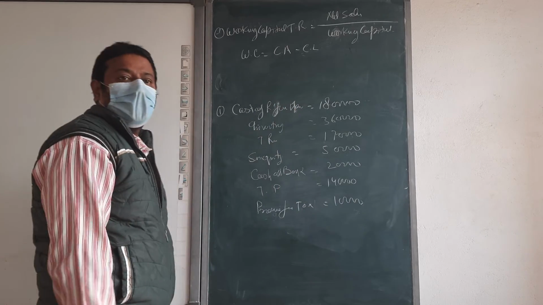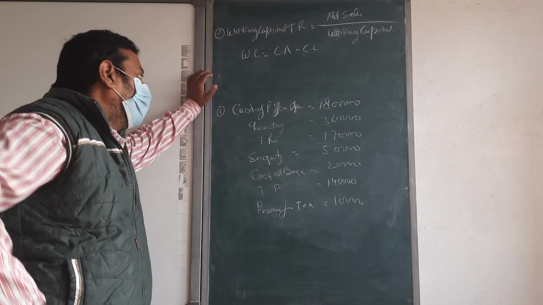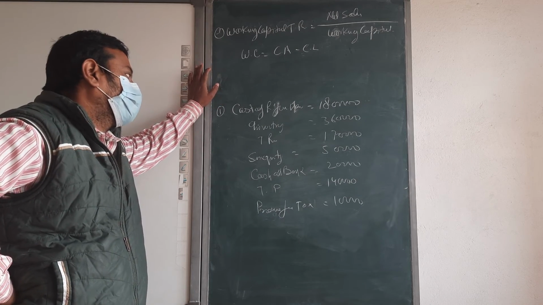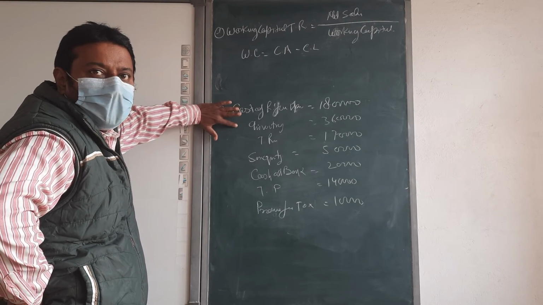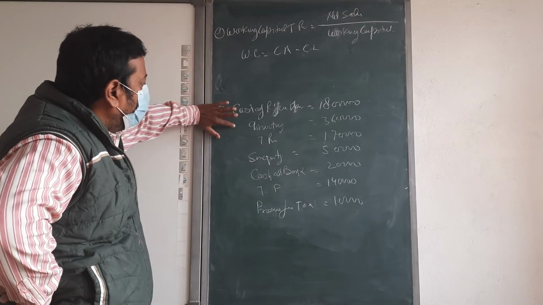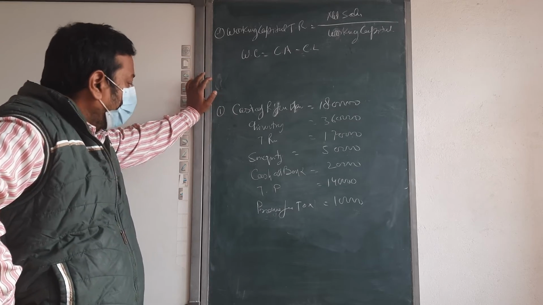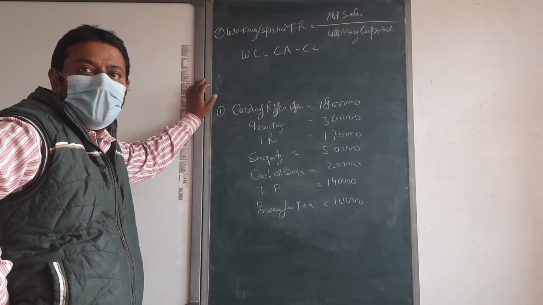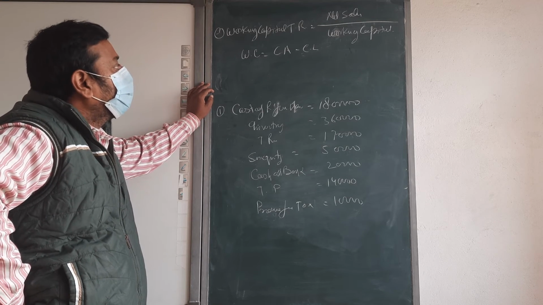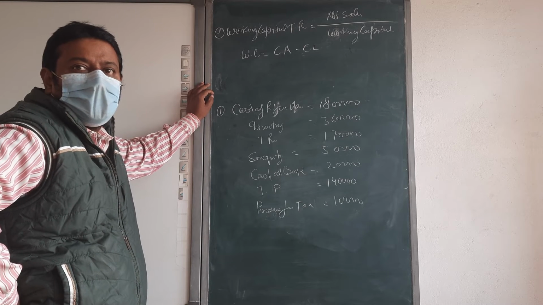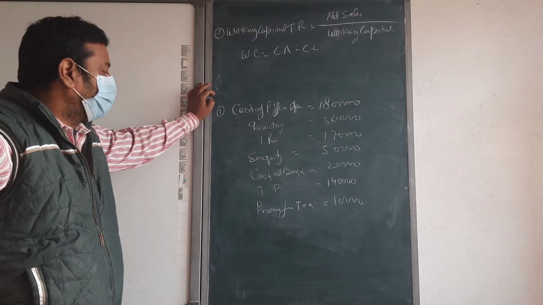Finished? We needed the sales. We have the cost of revenue from operation. Is there a closing unit? No, sir, only inventory. And marketable securities, trade receivable, cash at bank, these are the assets. So what are we going to do? We need the sales. So first we calculate current assets and current liability.